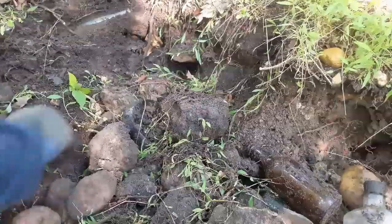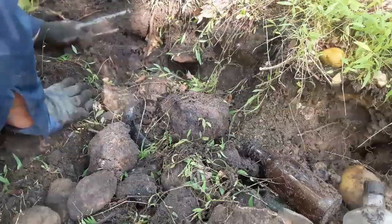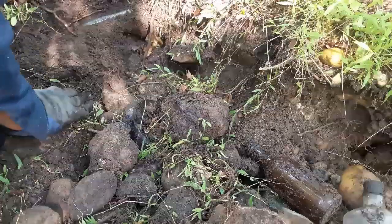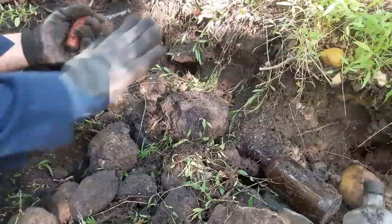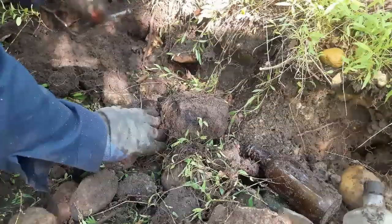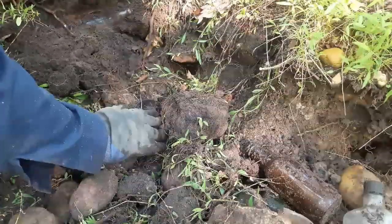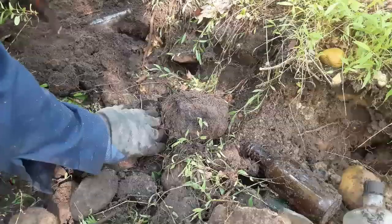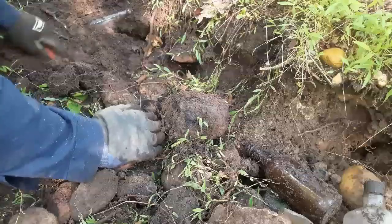I don't know what it is yet. I have no idea. I don't even know if it's whole, but it looked like it from what I cleaned off. Always wear your knee pads. Always wear cut-proof gloves. I don't know if these are cut-proof, but these are. So I'm gonna just scrape this side here. It's a thin one, so it might have paint on it. I'm not sure. I don't even know if there's a bottom on it,